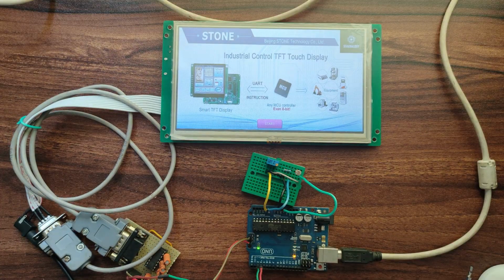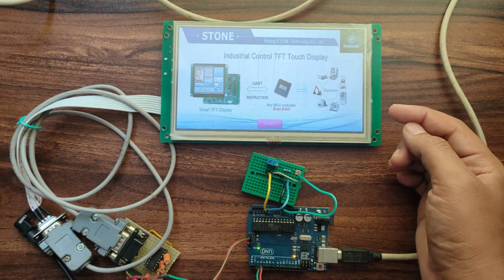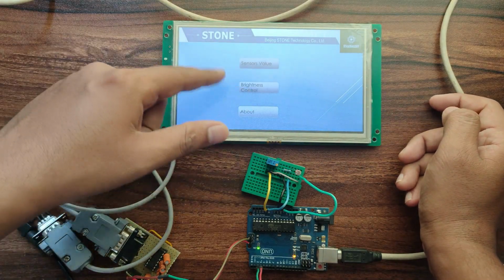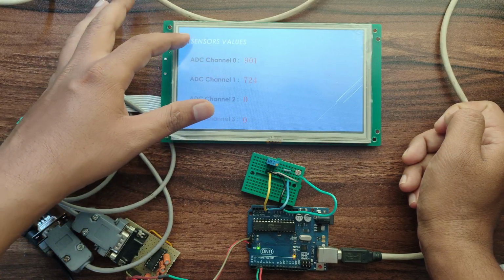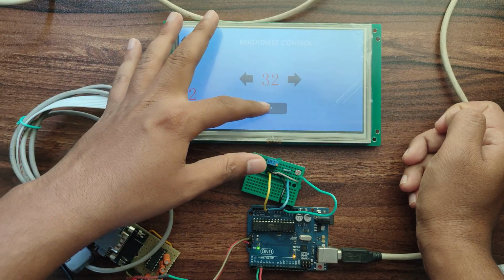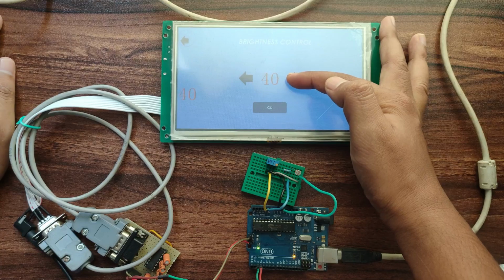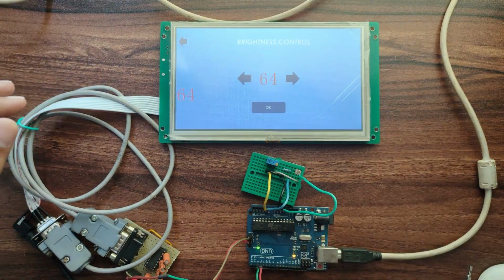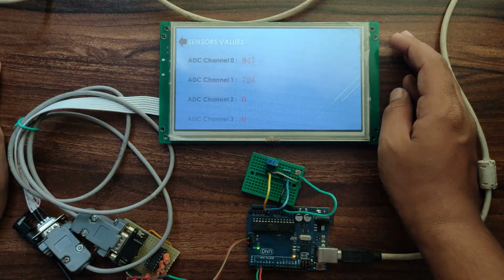Let's see the demo now. These are the three buttons we have available. And this is the brightness. We'll change the brightness. Okay, the brightness got changed. There is one more digit that came, but that is okay for demo purposes.